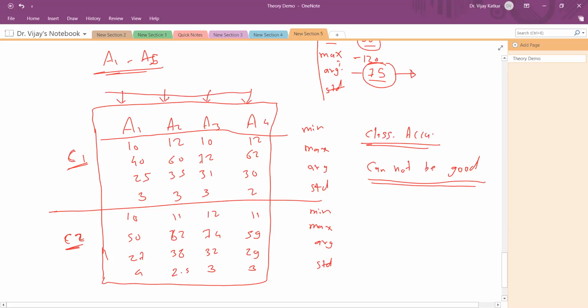So this thing you can use to identify whether the separability of the classes is easy or not. And now from this I know separability of the classes is not easy.